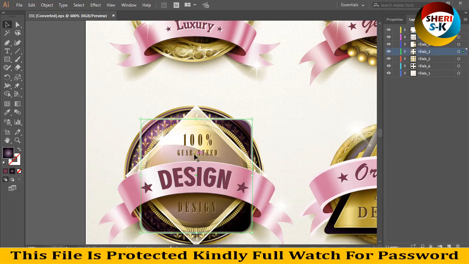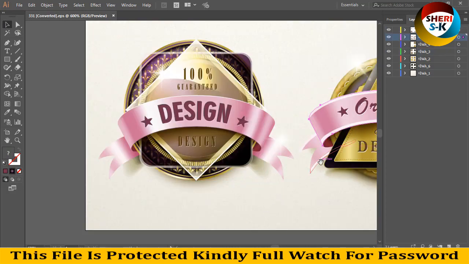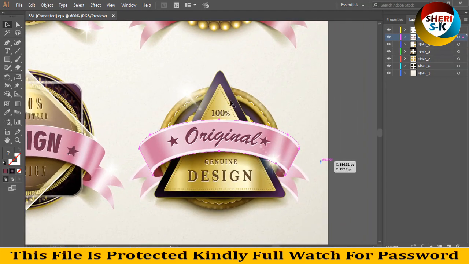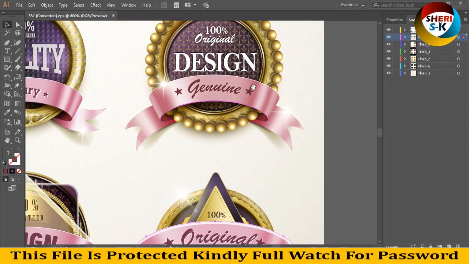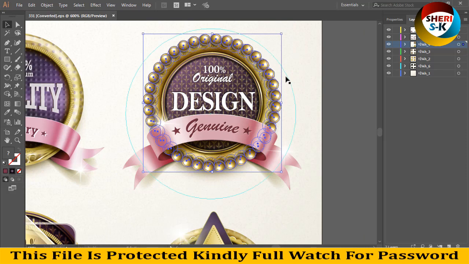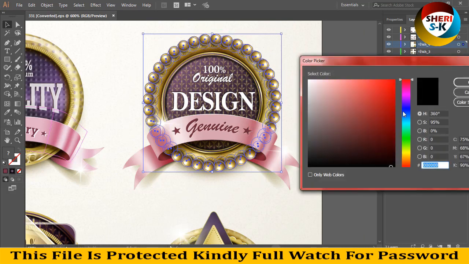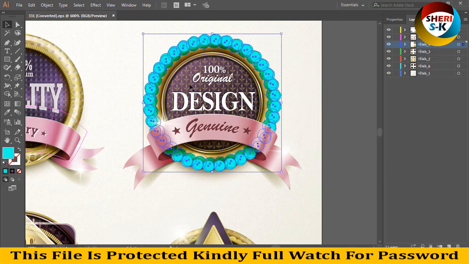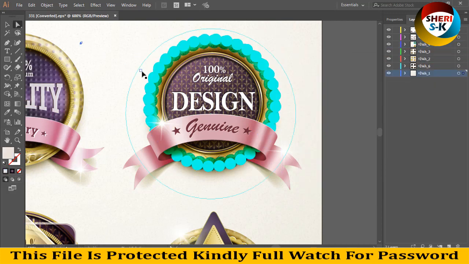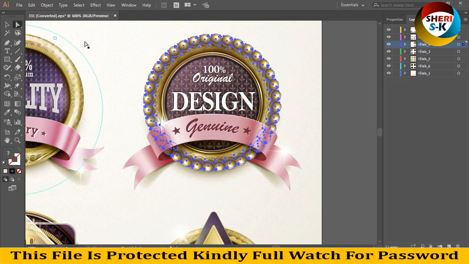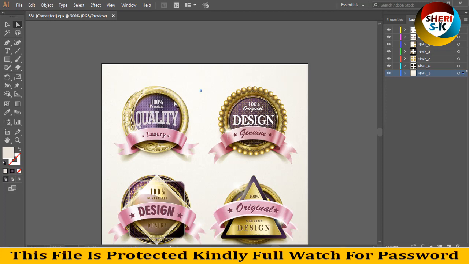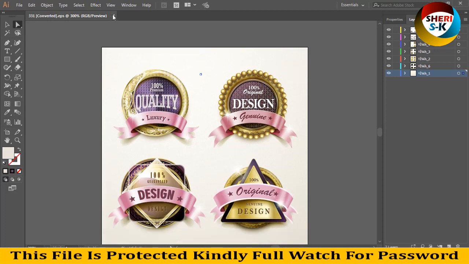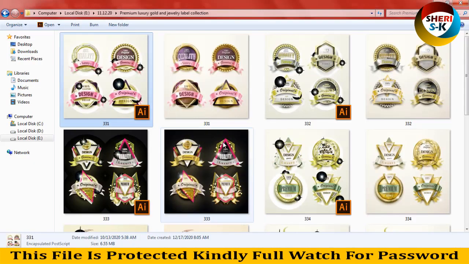wow, there is light pink color, and here is light gold. So I change, for example, this color. Oh, so bad. So this means you can change everything. I open the next file,